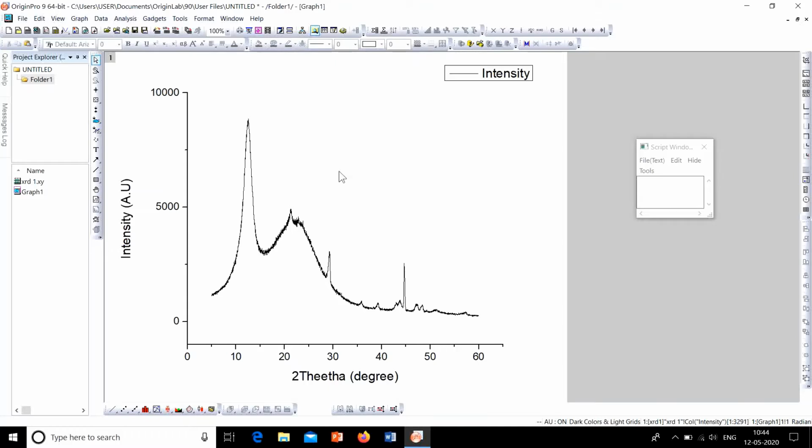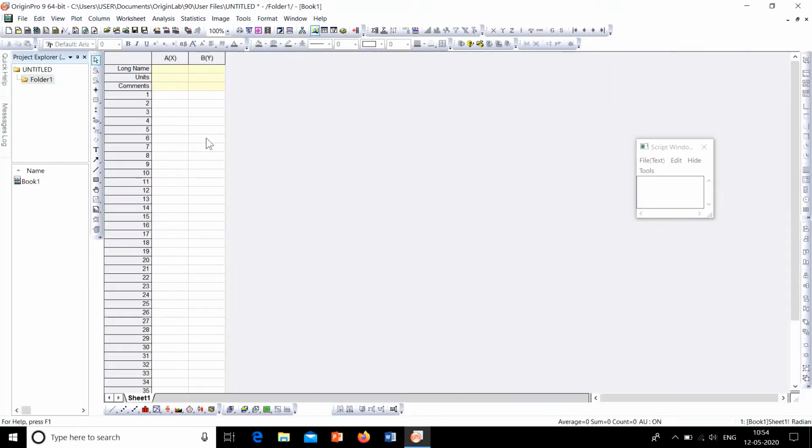Now let's see some other methods of importing data. Let's see how to import a text file, TXT file, or Excel file to Origin. For that, take a new workbook.